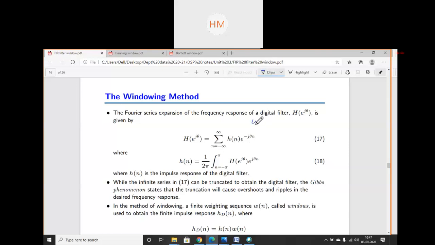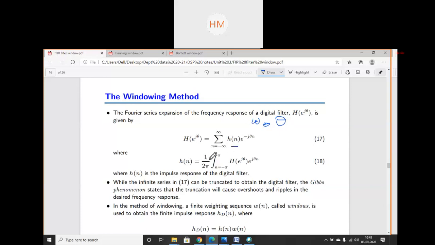Omega or theta, both are the same. I am not good at writing, I think. So omega or theta are one and the same. So where this h of n